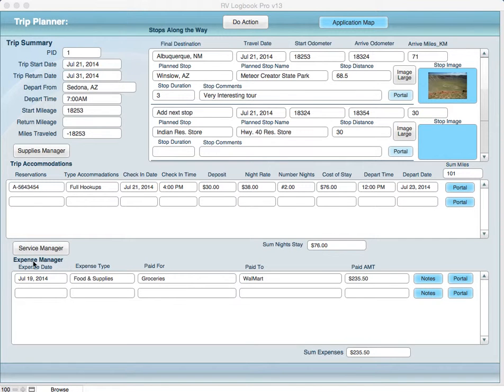In this video help, we're going to be covering the Expense Manager. Moreover, we're going to be looking at the individual records in the Expense Manager portal. As you can see in the record, the single one we have in there, we have an item that was purchased on July 19th, food and supplies, groceries at a Walmart, and the total amount of the price of